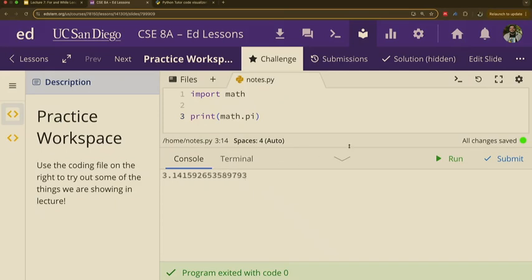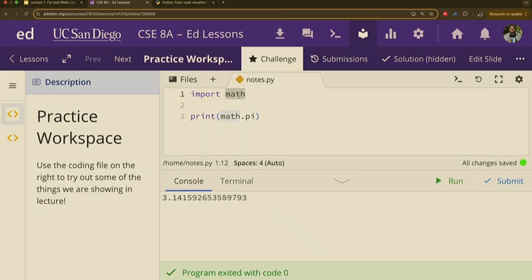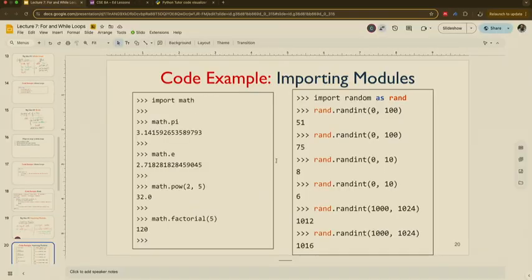But basically, this thousands or millions of lines of code also has a variable called pi. And we're accessing that variable pi. Okay? What I'm trying to show you with this is that we can import a bunch of other things, right?